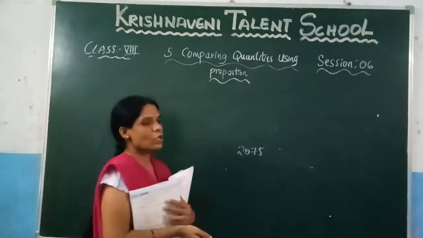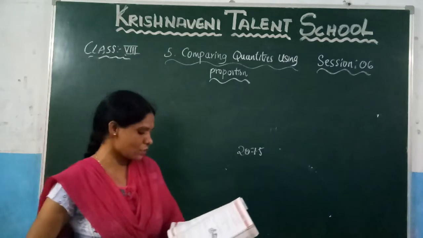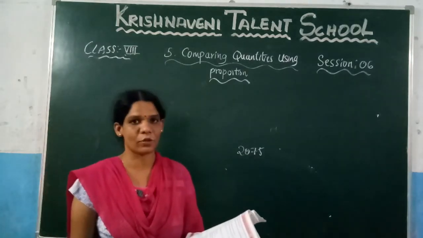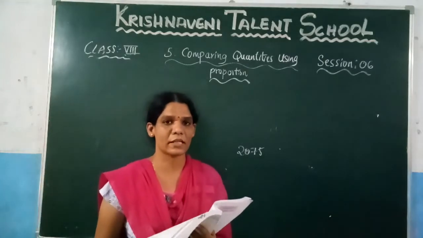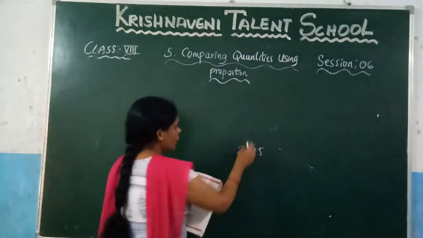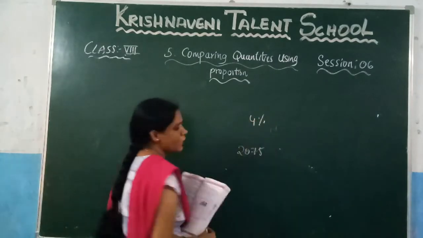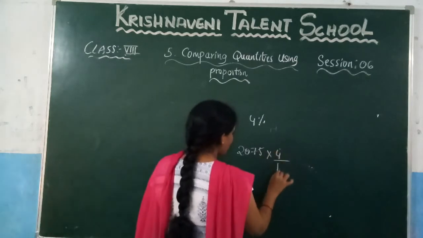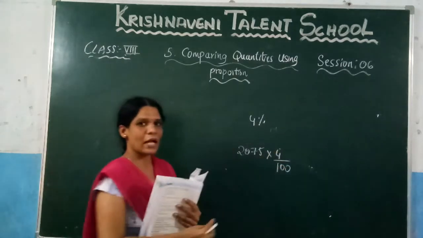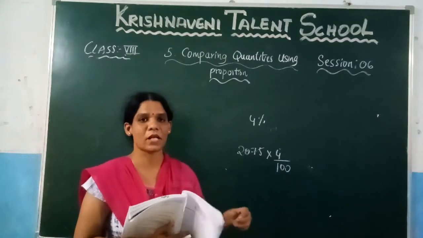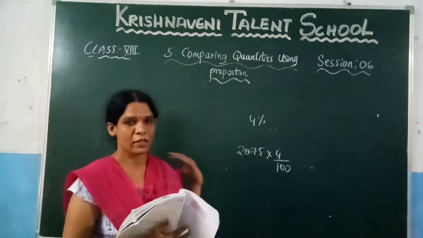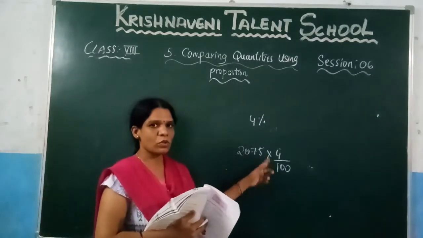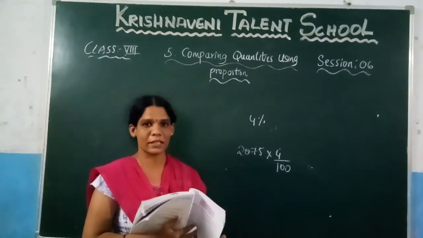So similarly here, based on this question, you need to find the decrease in enrollment. If you want to find the decrease in enrollment, how do you find it? Here a 4% decrease is there, so you need to write 4 by 100, because they ask the decrease in enrollment. That means how many members decreased, you need to find. For that, you need to take the number of members into 4 by 100, so that you will get the decrease in enrollment.